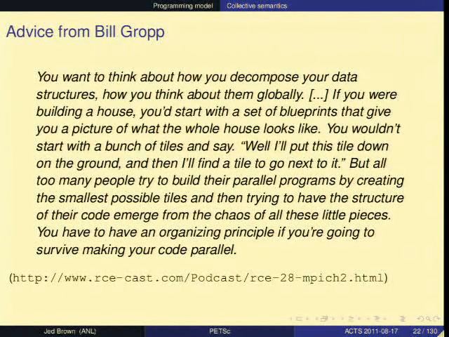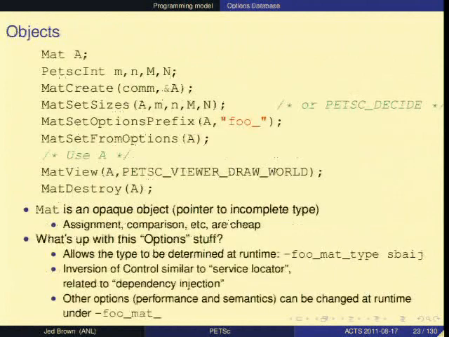So there's some advice. For object creation, we pass in a communicator. We're going to get back a valid matrix object now. It's not all set up. It doesn't have any information at this point about sizes and whatnot. But you can pass that object around, and it will have the parallel semantics, collective on this communicator. So you can set the sizes.